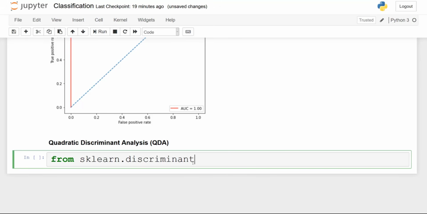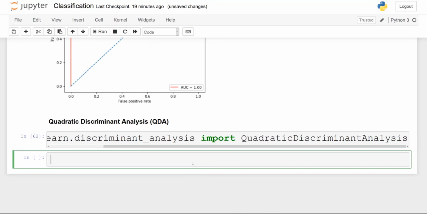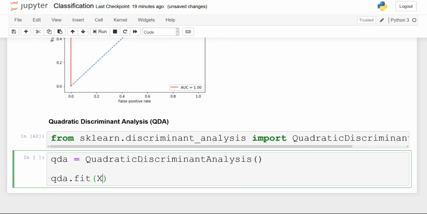So from sklearn.discriminant_analysis, import QuadraticDiscriminantAnalysis. Now you set the model, so you initialize it, so QDA is quadratic discriminant analysis. You can always press tab, by the way, for autocomplete. You fit the model on your train set,